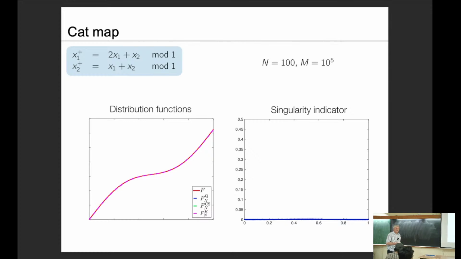No singular continuous part, for instance, which originally is extremely hard to detect on the dynamical system. And the distribution functions of the respective parts